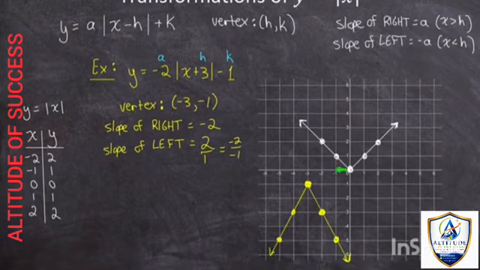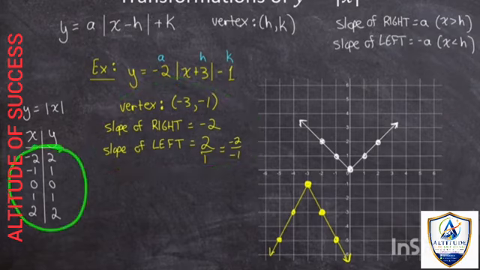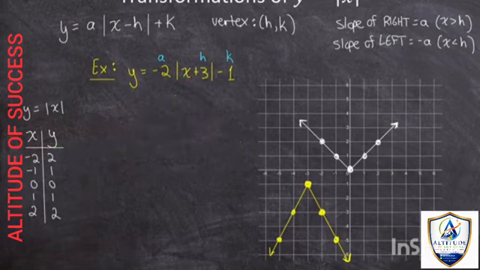Notice this function has shifted left 3, down 1, it's been vertically stretched, it's thinner, and because a is negative, it's also been vertically reflected. Now another way we could have graphed this, instead of using the vertex and the slopes, we could have transformed these points from the parent function, absolute value of x. And to get the table of values for the transformed function, we can get the x values by just adding h to the x values from the parent function, and we get the y values by doing a times y